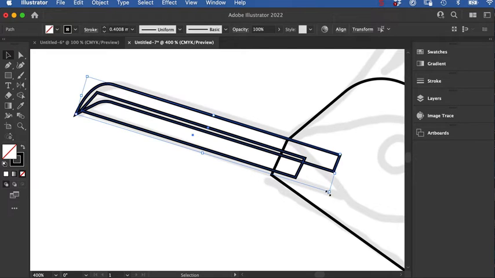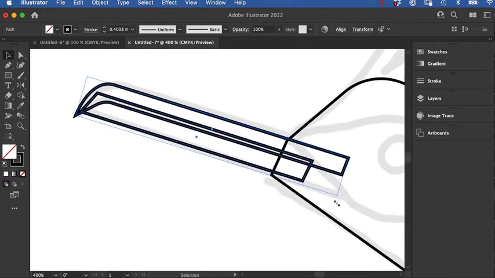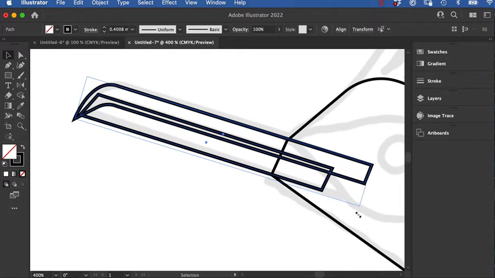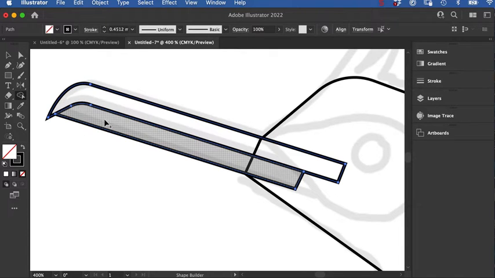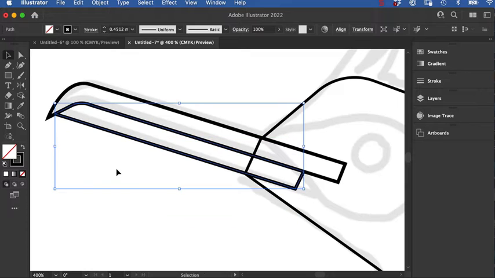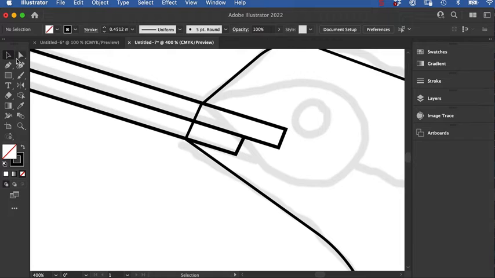And I'm going to grab both of these objects and scale them a little bit using the shift key. So I'm getting everything lined up here. Remember that with the Shape Builder tool, I can highlight this, click on that, I've got one shape, click on this, I've got my other shape. So here I've got two shapes that line up, so that's all sorted, and then we can go into the